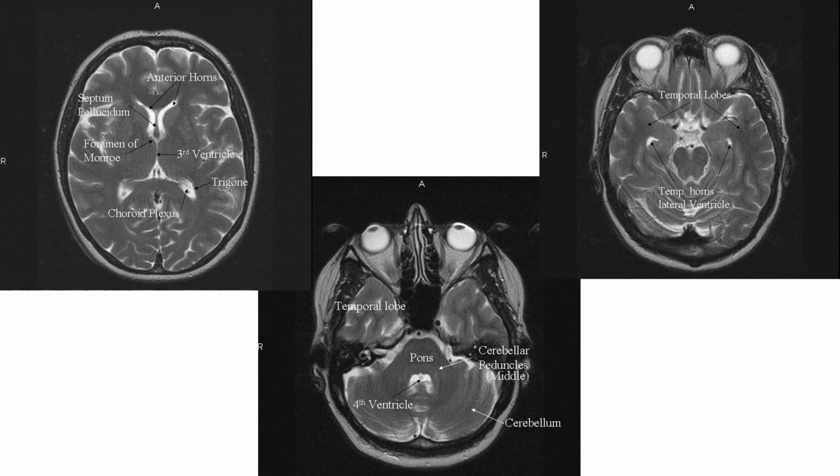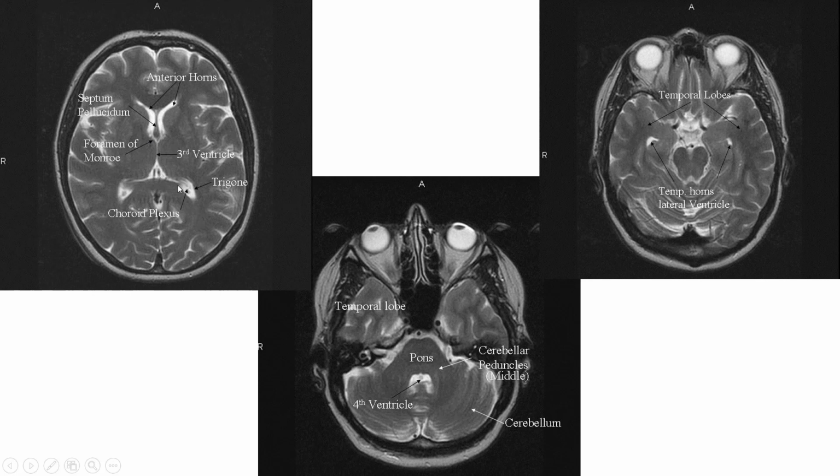Now we have some T2 weighted images, T2 weighted MRI scans, so that you're able to see the CSF spaces in a bright signal. So they're sometimes easier to identify that way. So taking a look at this image on the left, you've got the anterior part of the patient, posterior, right and left. And these are the anterior horns of the lateral ventricles, and the septum pellucidum just midline to that, medial to that. You've got the foramen of Monro, the right and the left foramen of Monro, the third ventricle,